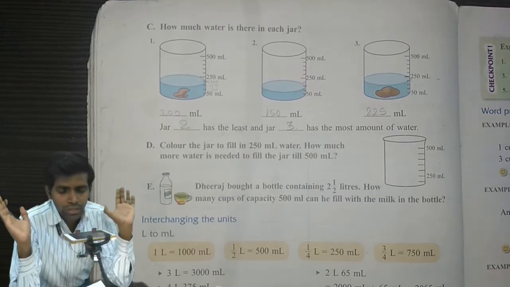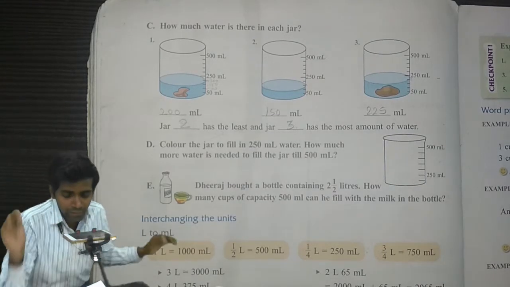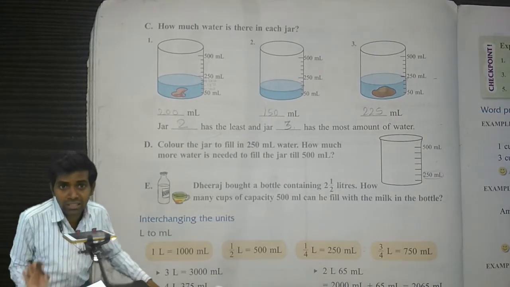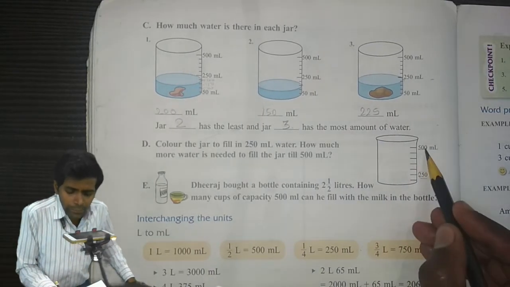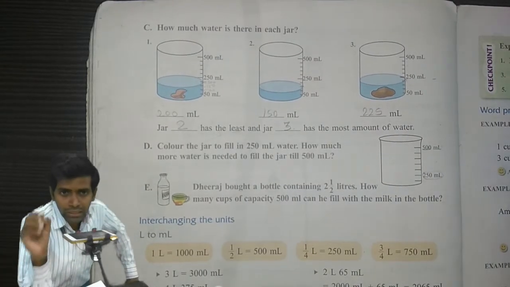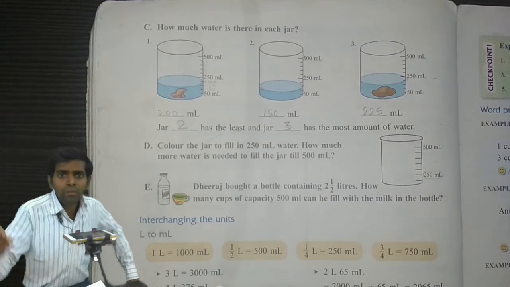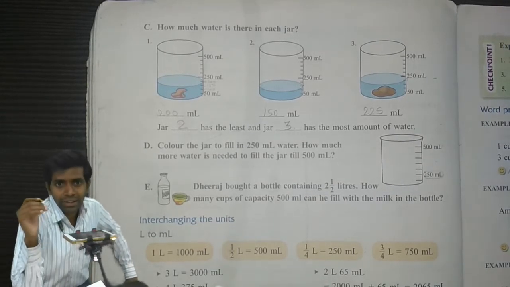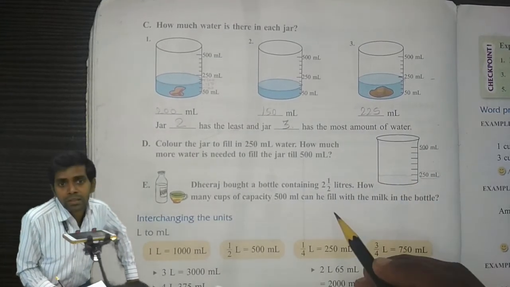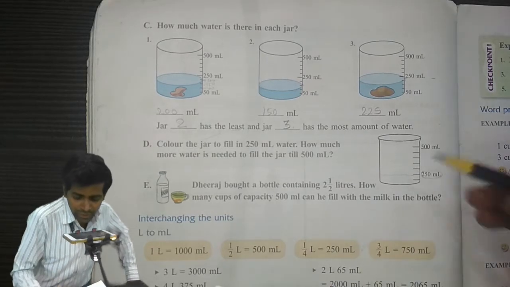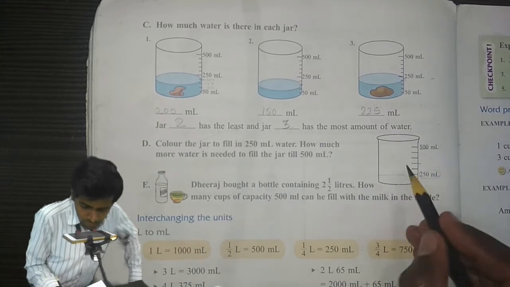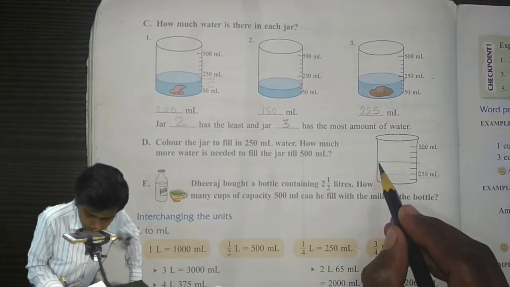Now let's move towards the question number D, and question number D में थोड़ा सा print mistake है. This is not a 250 milliliters. वो 250 milliliters नहीं है, ठीक है, because the capacity of this container is 500 milliliters. And if you want to fill the 250, because we know that half of 500 is 250 milliliters. That means हम लोगों को ये यहाँ तक पैक नहीं करना है. We have to fill half, ठीक है. So half is like this. This is a half. So we have to fill the water up to here.